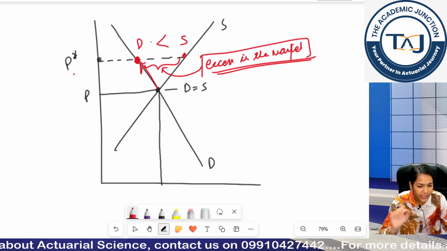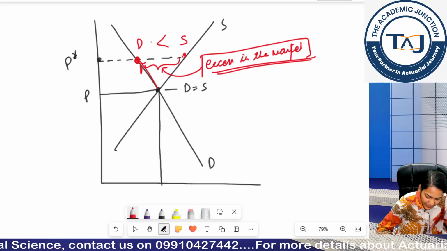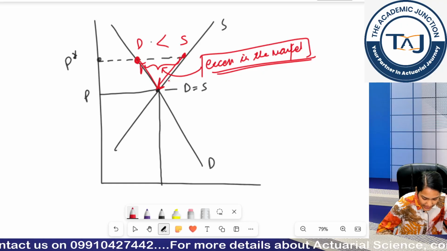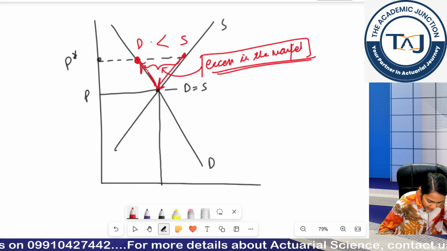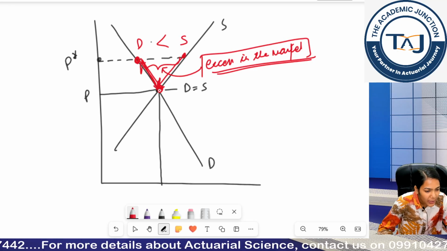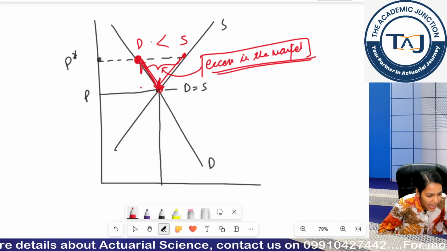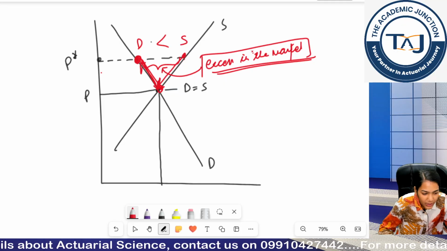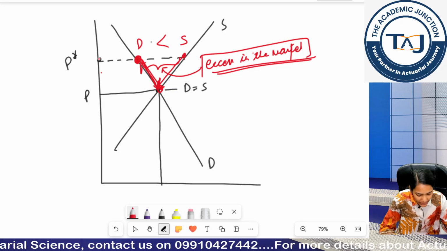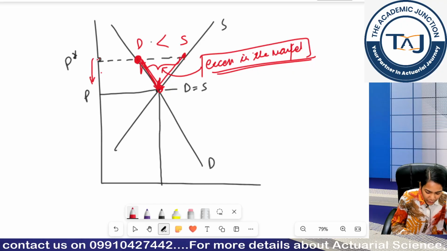But what will the government do about this excess? Otherwise, in the long run, what will happen? We discussed it: in the long run the supply will also decrease. The supply will decrease here, demand will increase, and they will come back to my original point, right? If I set a higher price and suppliers are not able to sell, they will be ready to sell at a lower price, so automatically the price will shift back. But we want the effect of price flooring.